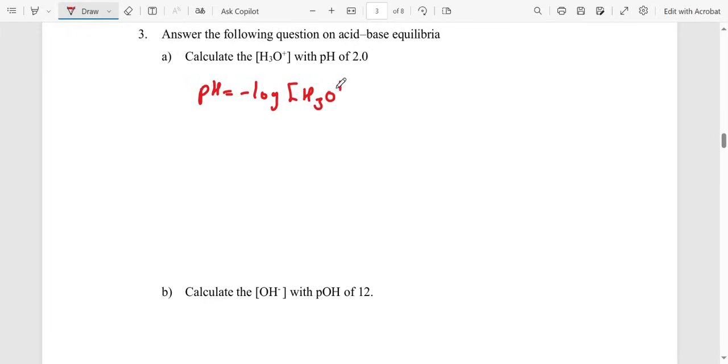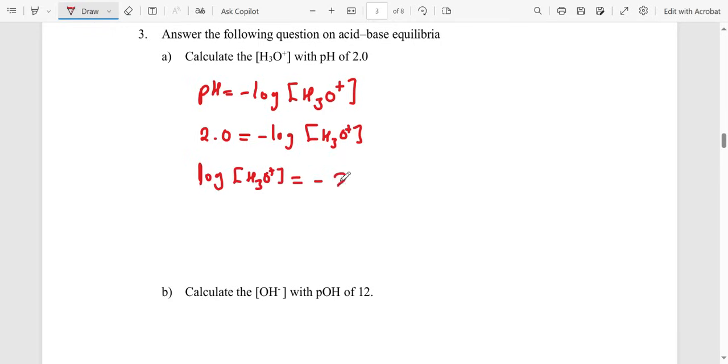This is just because the concentration of hydronium is the same as the concentration of hydrogen. So you can either use the concentration of hydronium or the concentration of hydrogen. It will give you the same answer. So pH is 2.0, and that is going to be negative log of the concentration of hydronium. Divide both sides by a negative, so you remain with log of the concentration of hydronium being equal to negative